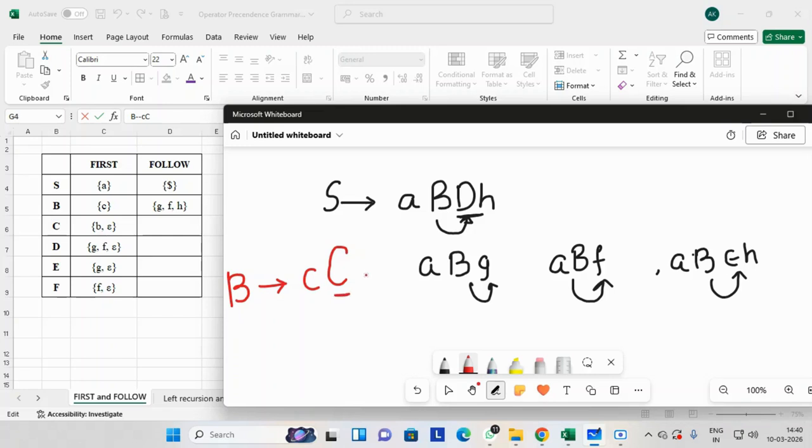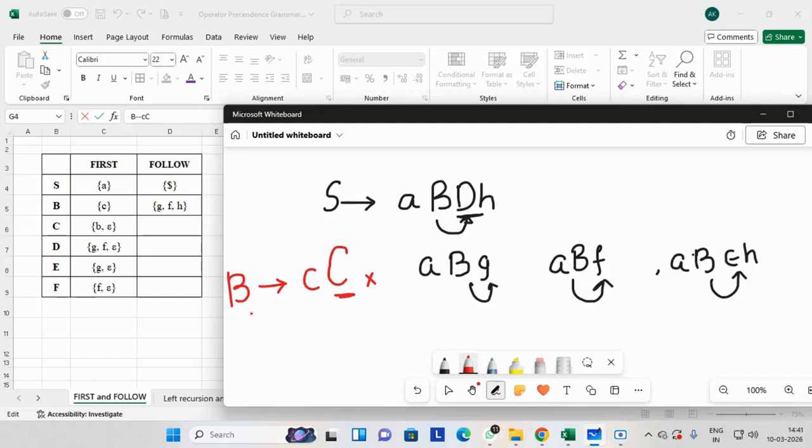If you observe, nothing is following C. Thus, I can say that C is the last letter in my production. When nothing follows C, or when nothing follows any variable, that means the variable appears as the last variable, then I write follow of the variable which is on the left hand side of the arrow. Hence, I will write follow of C, which is equal to follow of B.